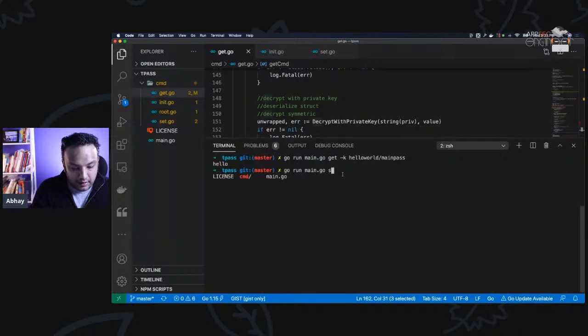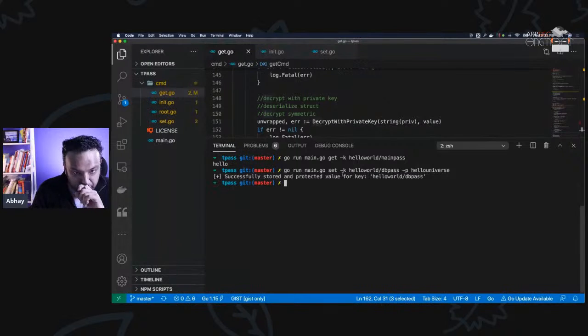Let's store something else. Set -k hello world db pass. So I'm going to use the key called db pass, and I'm also going to set a password called hello universe. So it's going to store this in the key value, in the key of hello world db pass. Now, if I get hello world db pass, go run main.go, get k hello world db pass, I should get